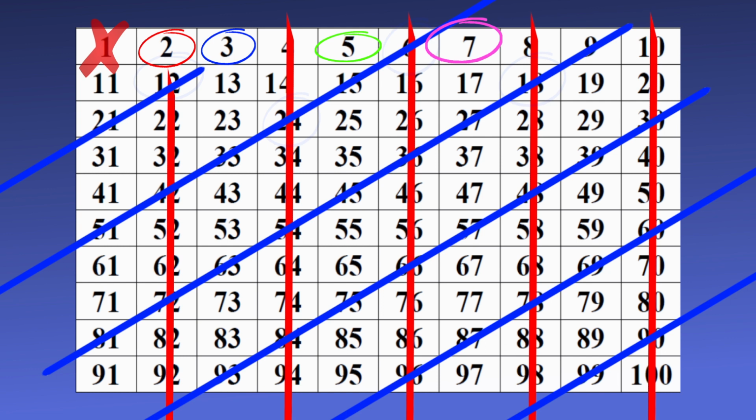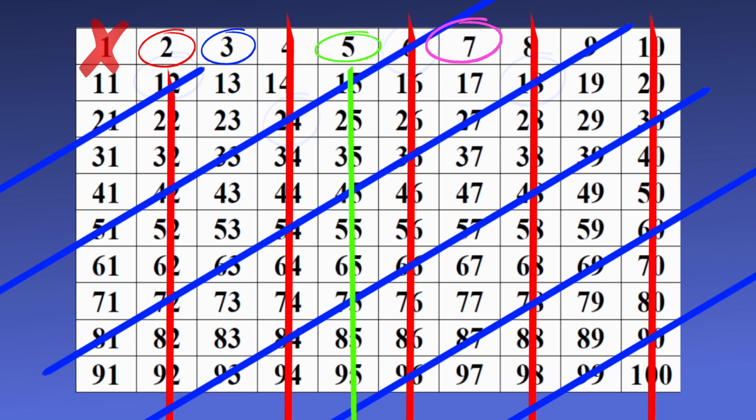Now let's eliminate the multiples of 5. Well, the numbers ending in 5 are easy to do, but also numbers ending in 0, all the 10s, are multiples of 5, but they've already been done. They were also multiples of 2, so we only have one column to eliminate. I can't stress it enough. You'll need to watch my other video to understand why this process works.